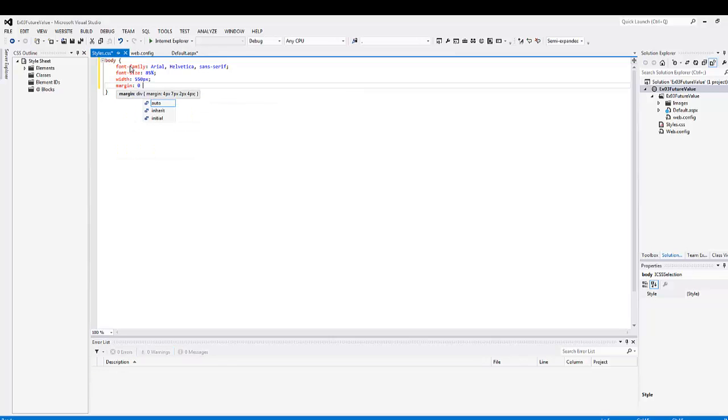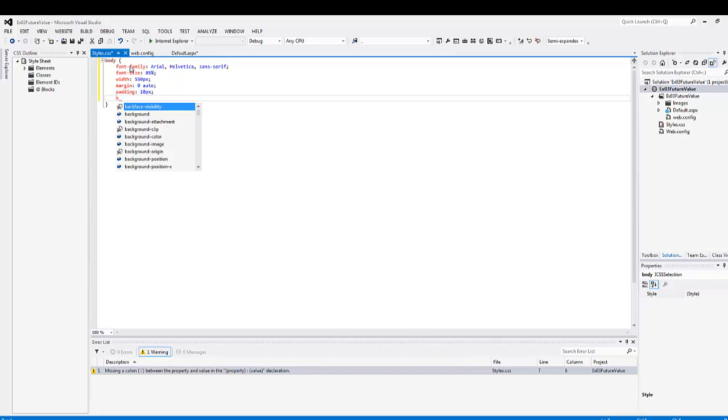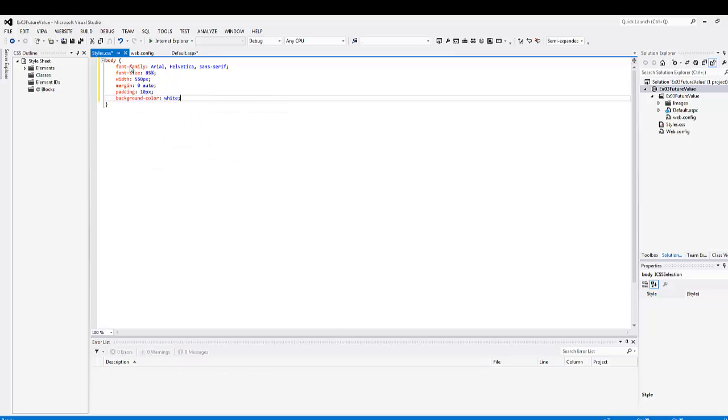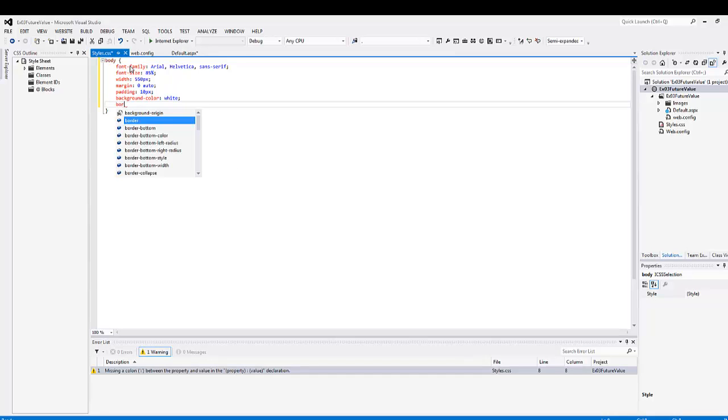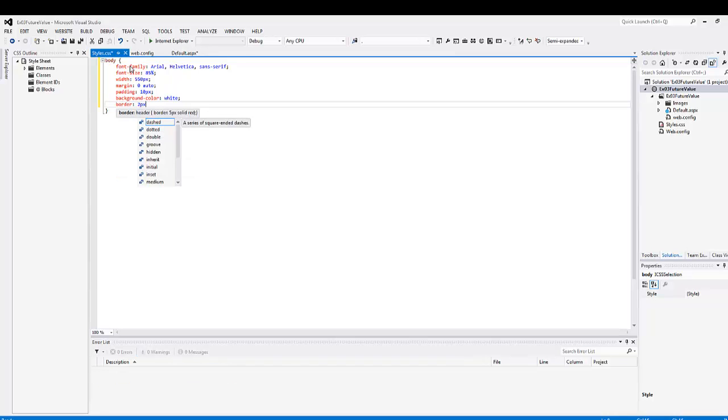Margin 0 and auto. So that puts the top and bottom at 0, and the left and right at auto. The padding is 10 pixels all the way around. Background color is white. And then we're going to do border. The border around this is 2 pixels wide, solid, and then